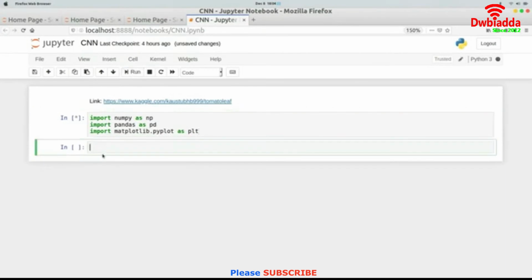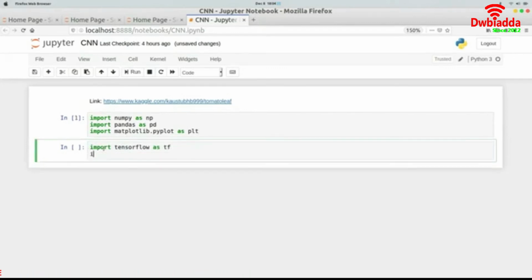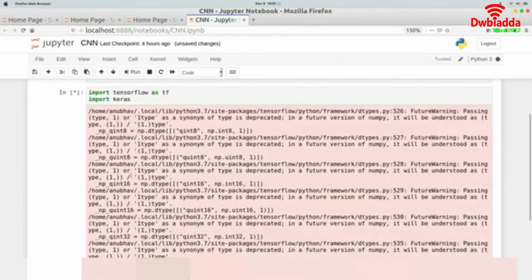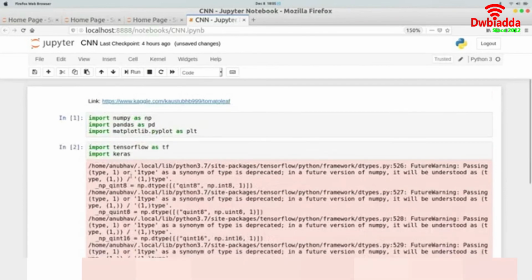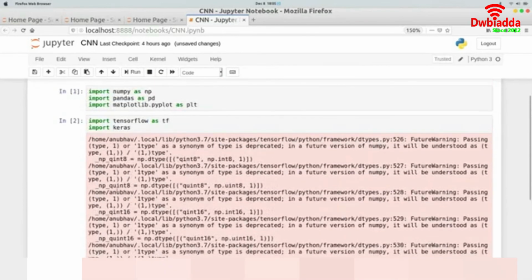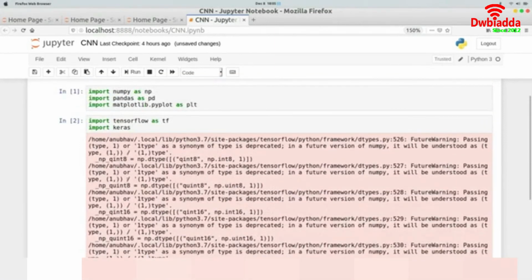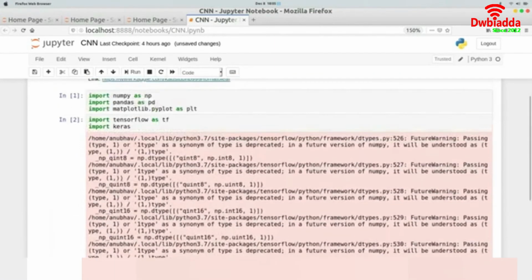Then I would import some more libraries, which are keras and tensorflow: import tensorflow as tf and import keras. Let both of them get imported first. These are warnings and not errors, so you don't have to worry about them. If you have a new TensorFlow version, it would work fine for you. For me, it's working fine as well.